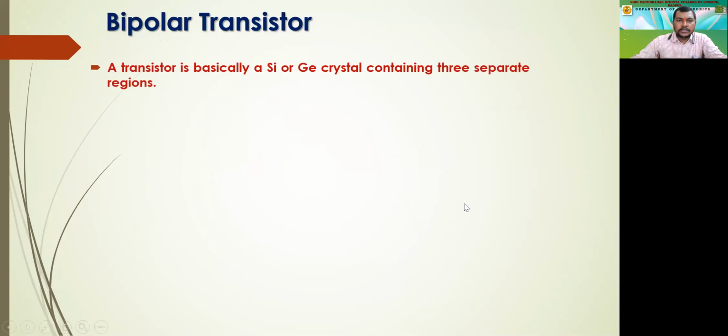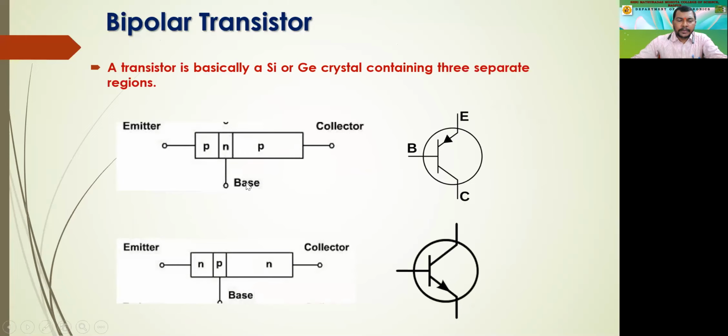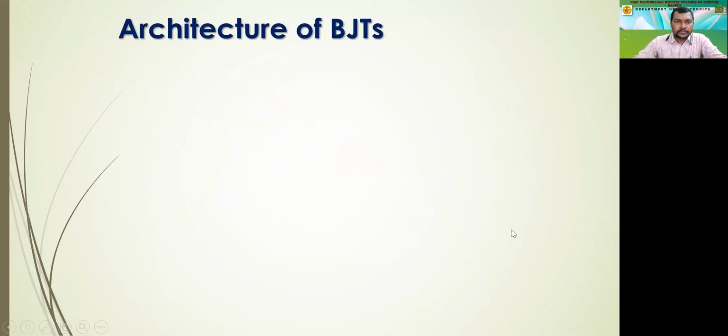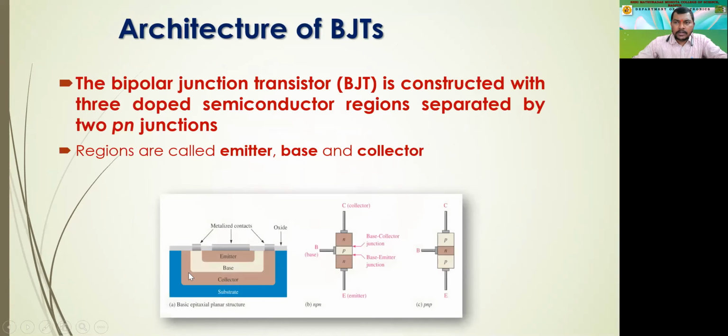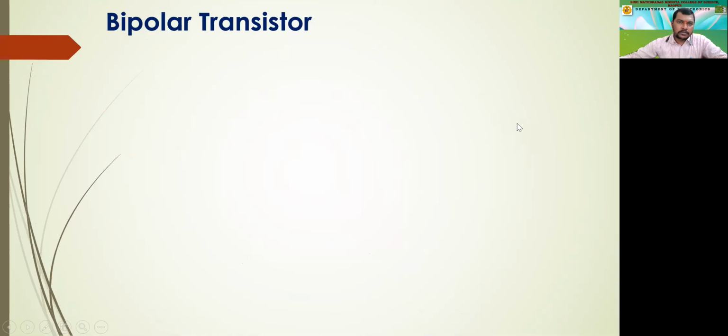Then we have bipolar transistors. Those bipolar transistors come in two types, PNP and NPN transistors. These are the symbols of that, and this is the symbol of the NPN transistor. Then the architecture of BJT. I've told you three regions are there, and this is the diagram. These are all the symbols that are used in the circuits. Emitter, base, and collector are doped like this on a common wafer of a semiconductor, right? We call it epitaxial growth, and that comes under IC fabrication. Unfortunately, we do not have that course in our syllabus.